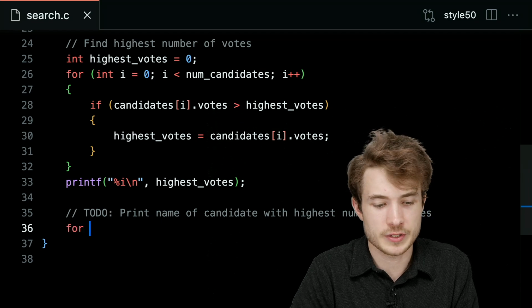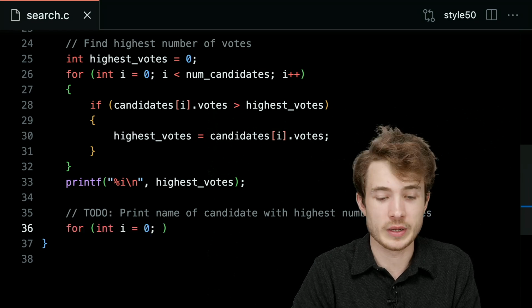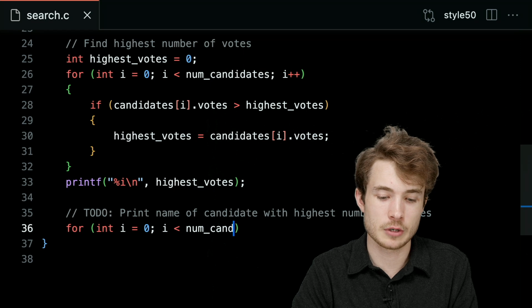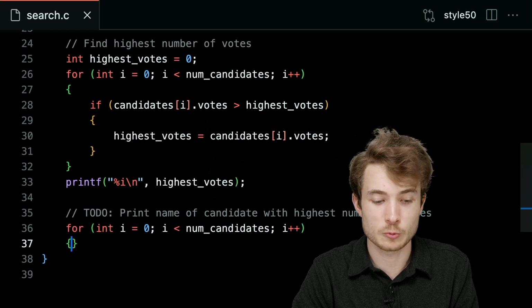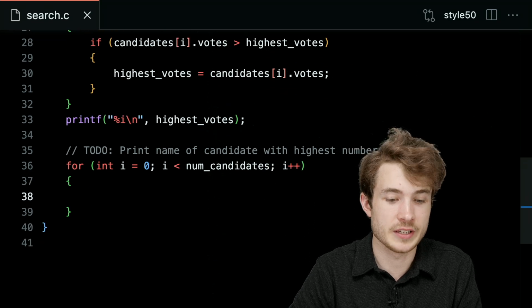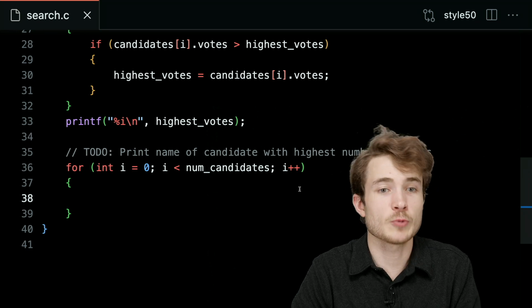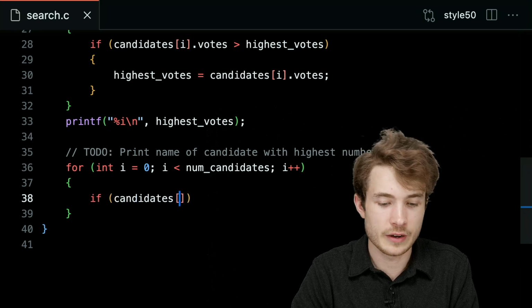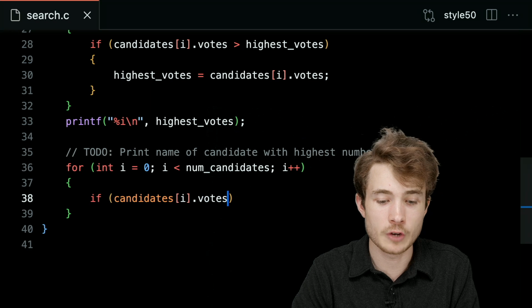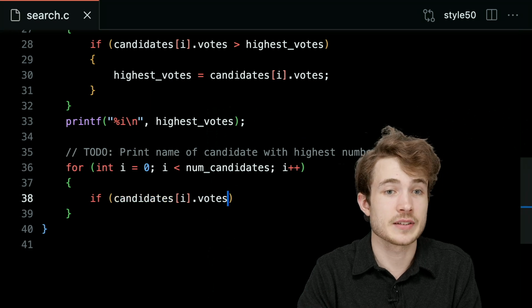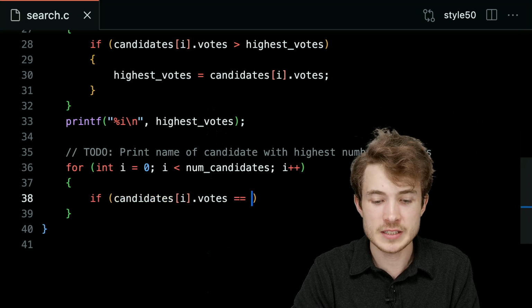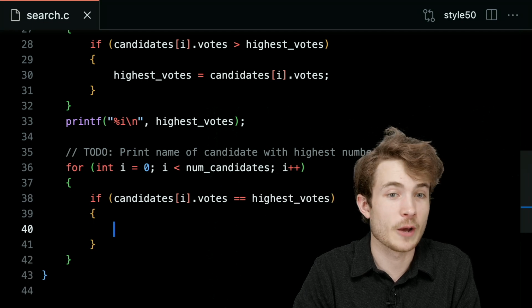So let's try this. I'll say for int i equals 0 again. i is less than my number of candidates, i plus plus. I'm going to loop through every candidate here. And I'll ask this question now. If candidates bracket i dot votes, the candidate at this index, their number of votes, if that is equal to highest votes, well then I want to print out their name.